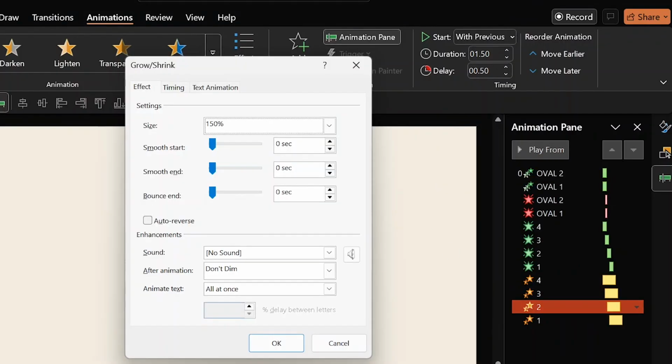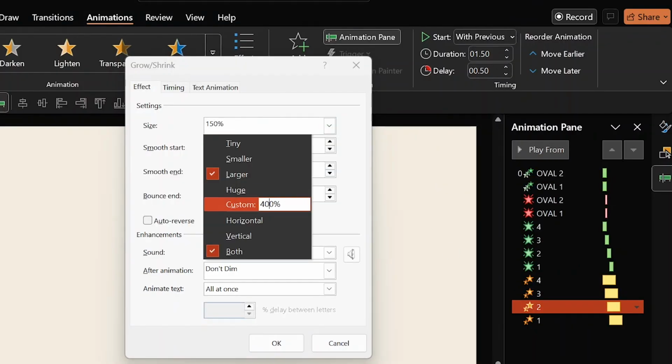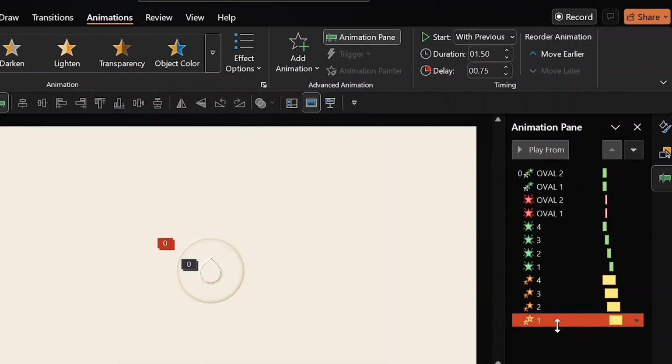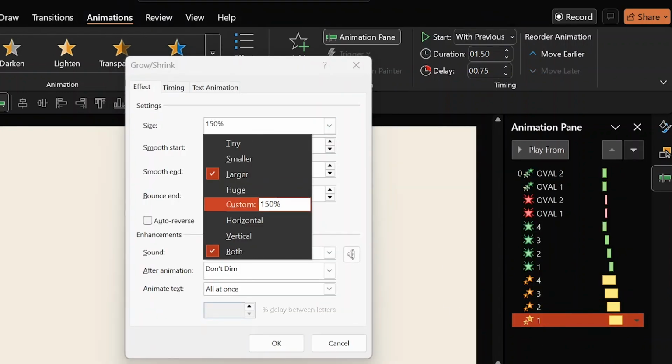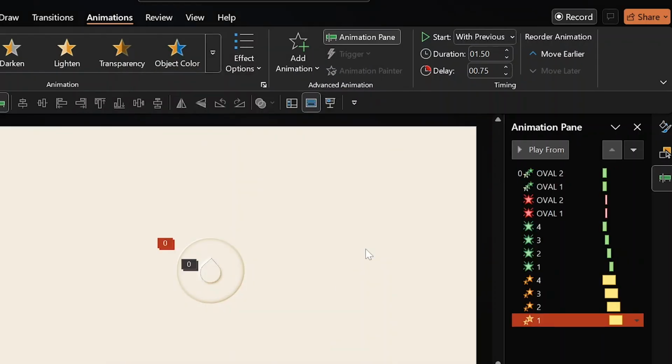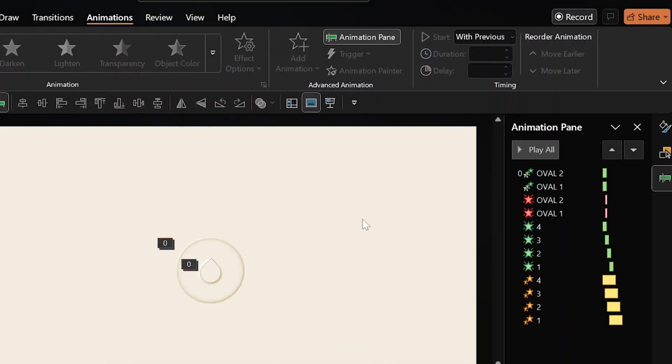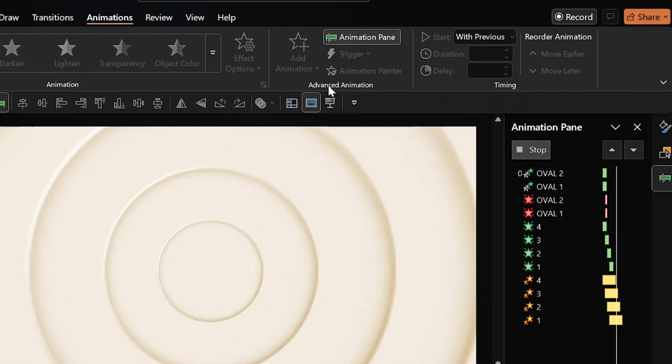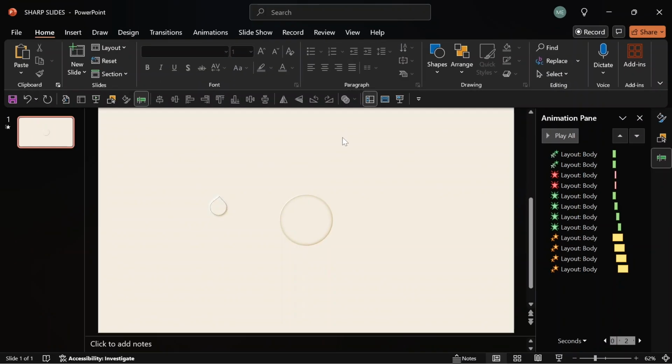For shape 2, set it to 400%. And finally, for shape 1, set it to 200%. Now, let's test it in normal view. If yours doesn't look the same, review the steps and identify where something might have gone wrong so you can